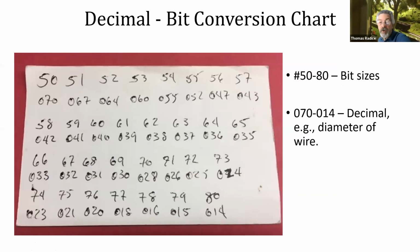This is something I thought I'd share with you guys. Early on, I'd get a wire and think, well, let me see, how big does this have to be? And I was always measuring the wire and the bit, or something in the bit, to figure out which drill bit is most appropriate. So what I did was I made this chart. From up here on the top left, a number 50 to a number 8. These are the sizes of drill bits, right? And then the numbers below, so there are actually 4 rows here. The numbers below that begin with 0 are the decimal